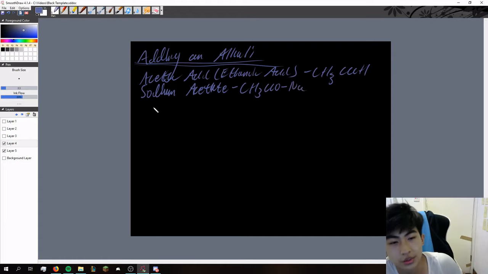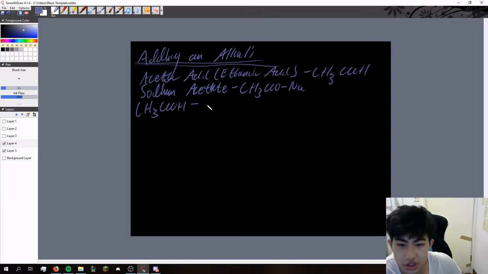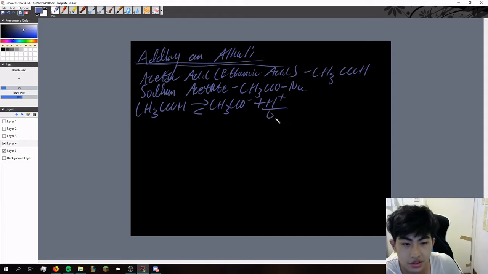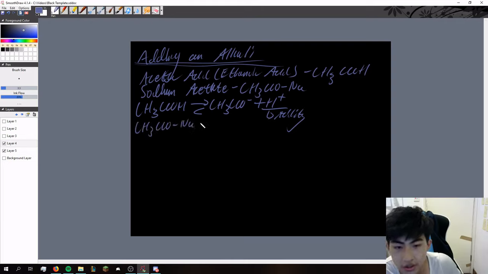Within an aqueous solution, so we're adding distilled water or equivalent, our acetic acid would partially dissociate, so we know this is a reversible reaction, into an acetate ion and a hydrogen cation. This is what gives it acidity. Now, let's take our sodium acetate, CH3COONa. This would completely dissociate into our acetate ion and sodium, sodium here acting only as a spectator